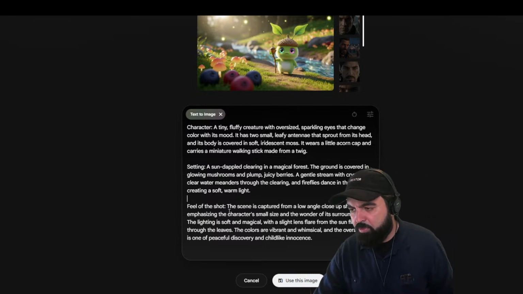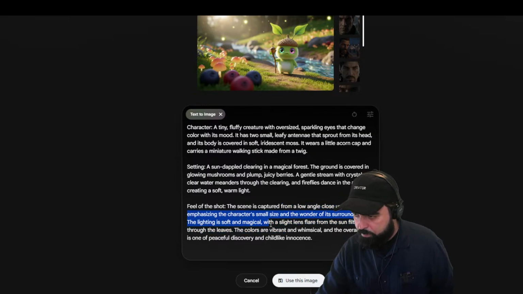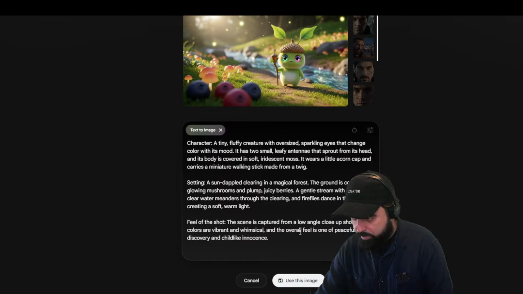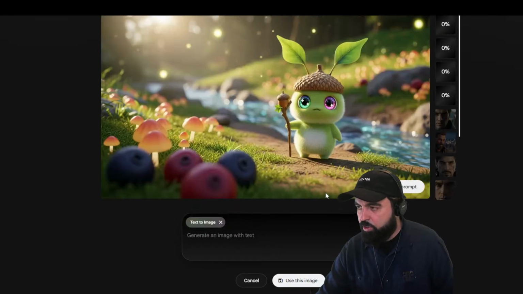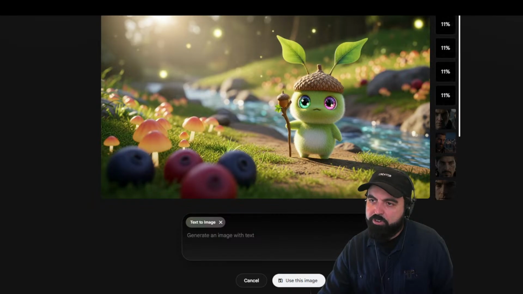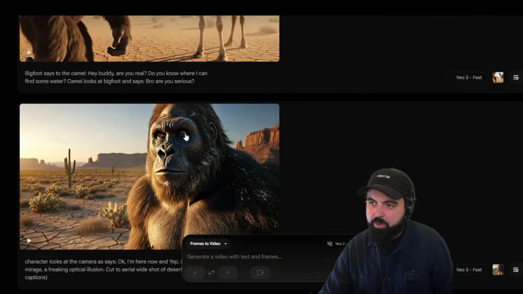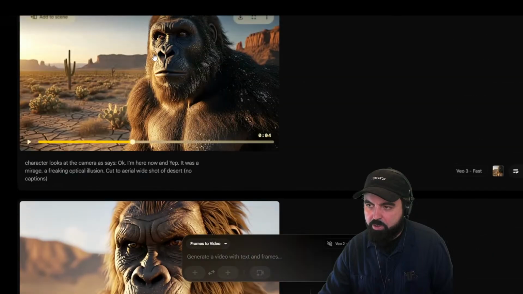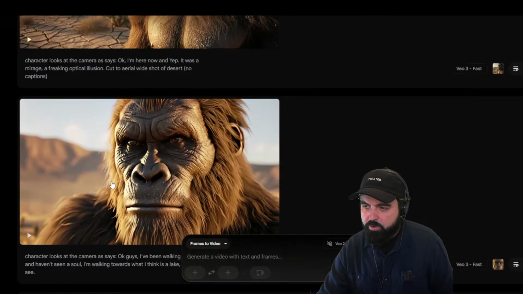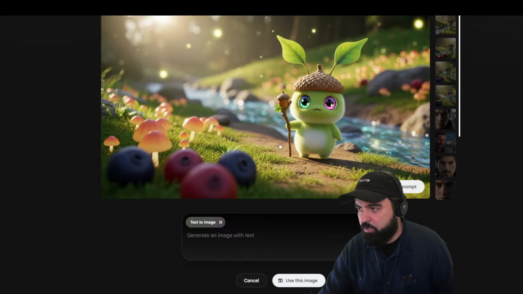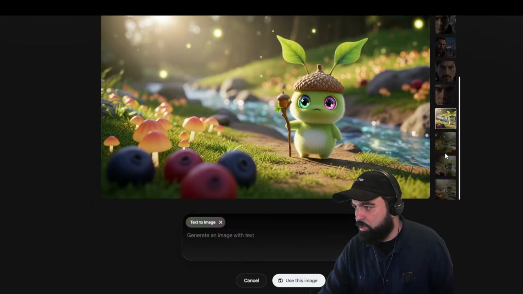But you can type in your own prompts, make it simple. Emphasizing the character small size. I don't need all this. You can leave the colors. Let's see if it works. If not, do this in ChatGPT. So when I did my Bigfoot one that I just showed you, I just kept saying Bigfoot, Bigfoot, Bigfoot, and it kept giving me the same character look. So it knows how to do Bigfoot, but when it comes to creatures that never existed inside of the world,